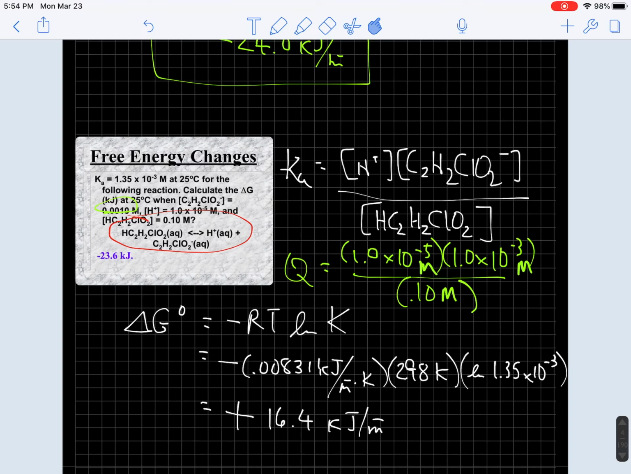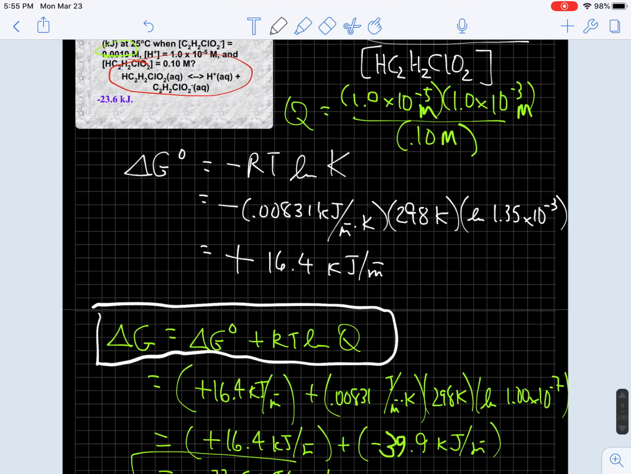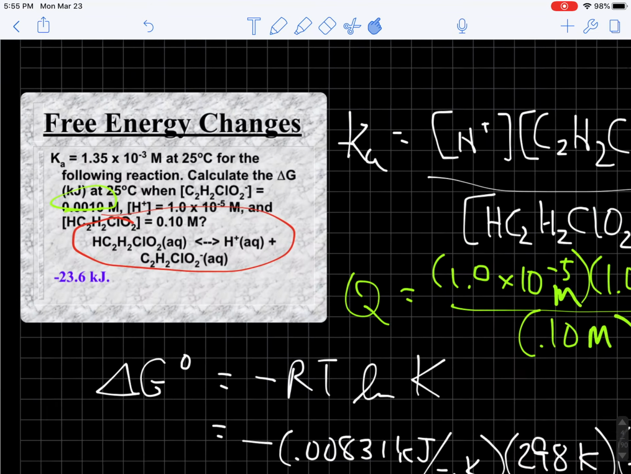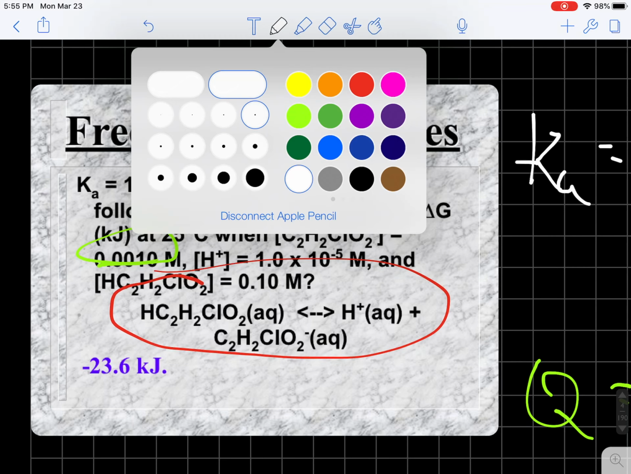First thing I know is that they want delta G from this. Okay, great. But in order to get delta G, the only relationship I have is delta G equals delta G naught plus RT natural log of Q. So they're giving me two things in the problem. They're giving me K at 1.35 times 10 to the minus 3,